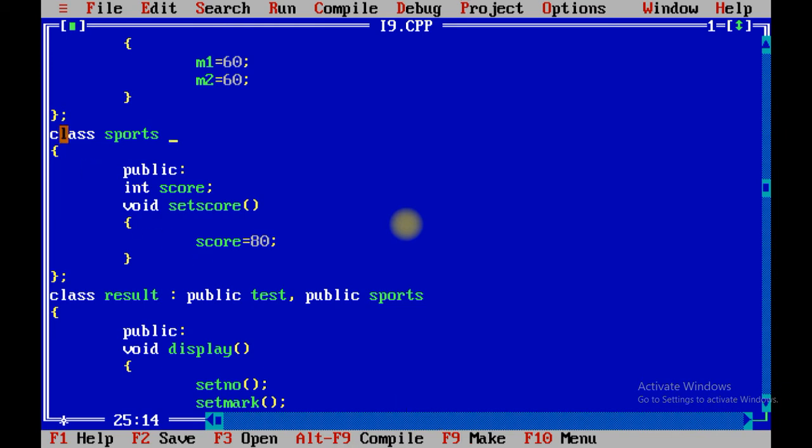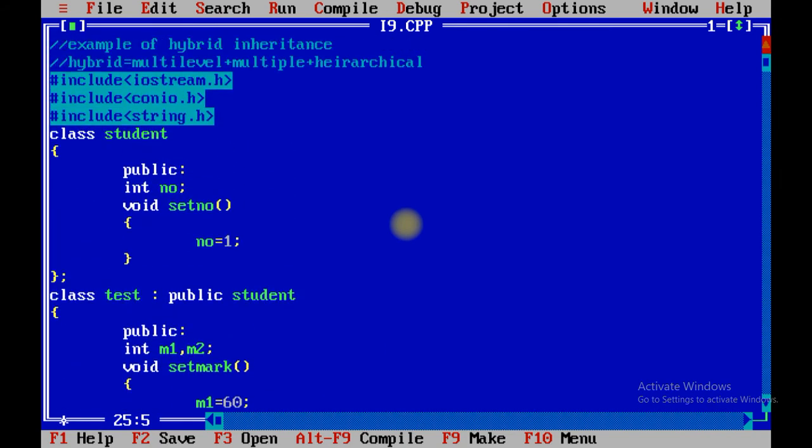Otherwise what happens, two copies are generated, which is not possible. So over here I have skipped that particular line. So this will not present complete hybrid inheritance, right? This is a partial hybrid inheritance.